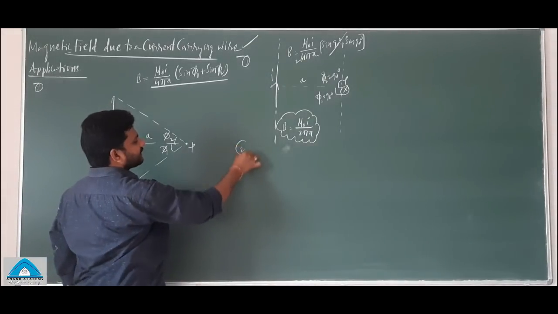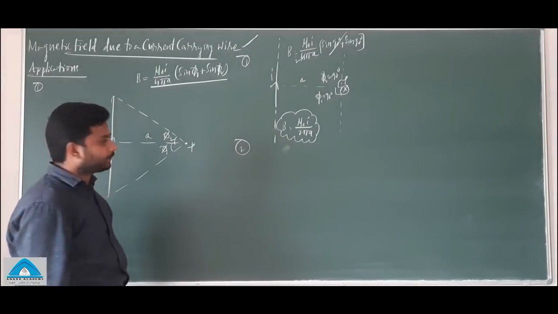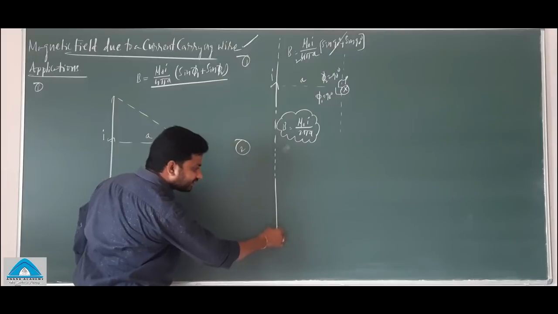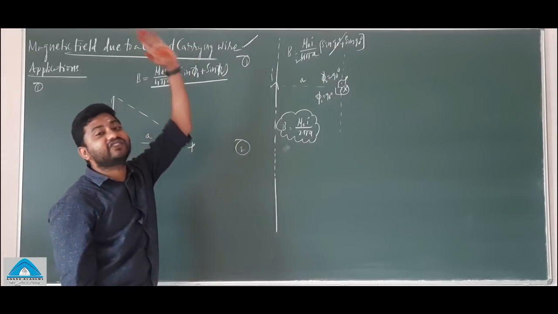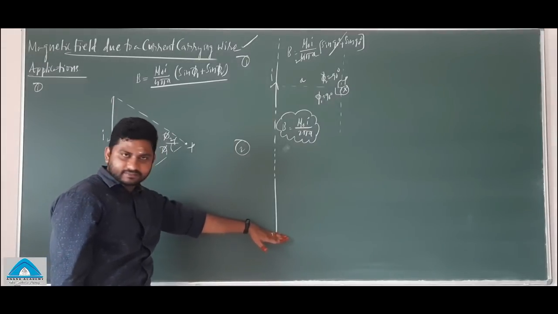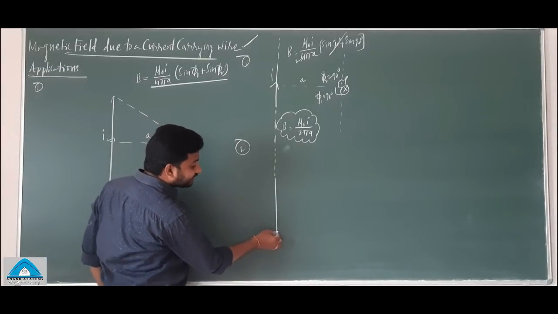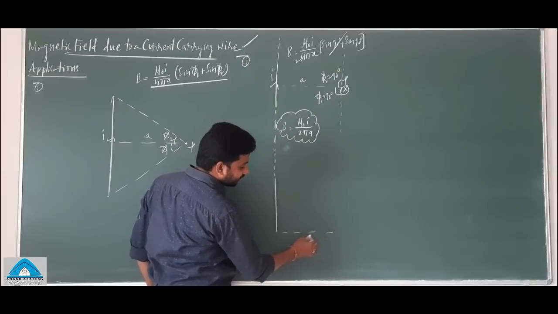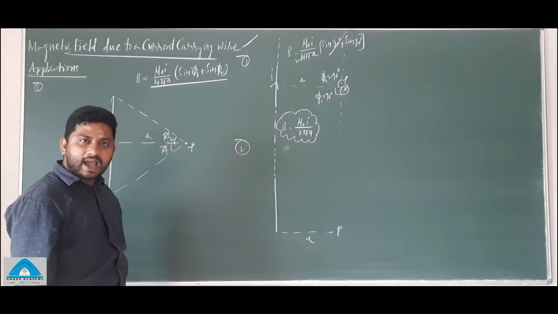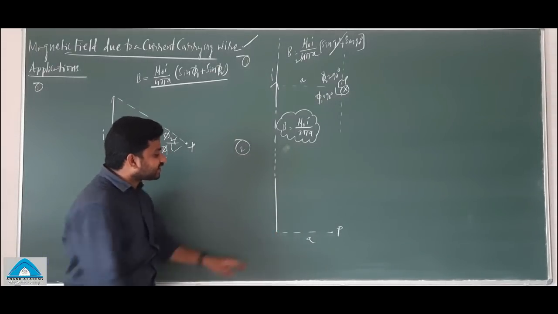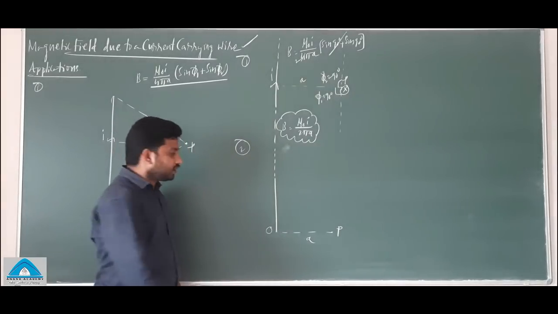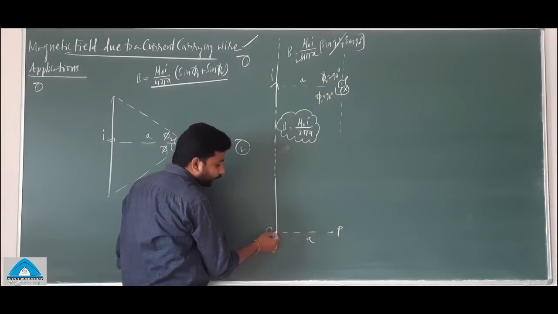The second application, what I am doing here. So there is an infinite wire I am taking, and there is a current. You can see one side it is infinite. The other side is finite. It ends here, right? And the point of consideration is here. You can see, this is A and this is point B, right? And if you consider this is the origin here, there is no phi 1 because the initial point is here and the final point is here.